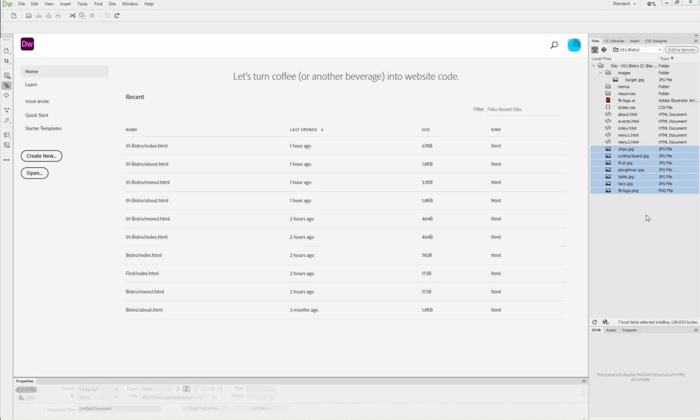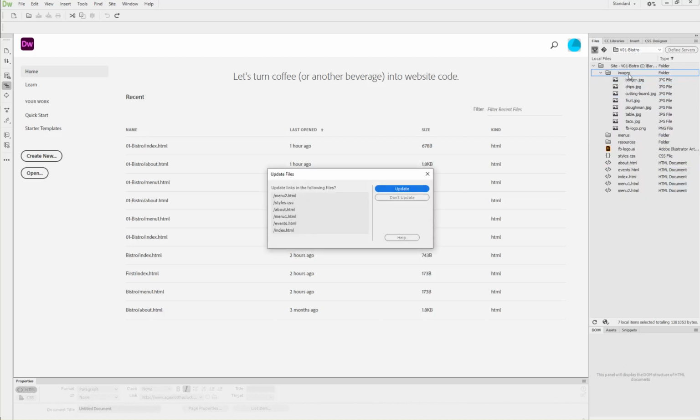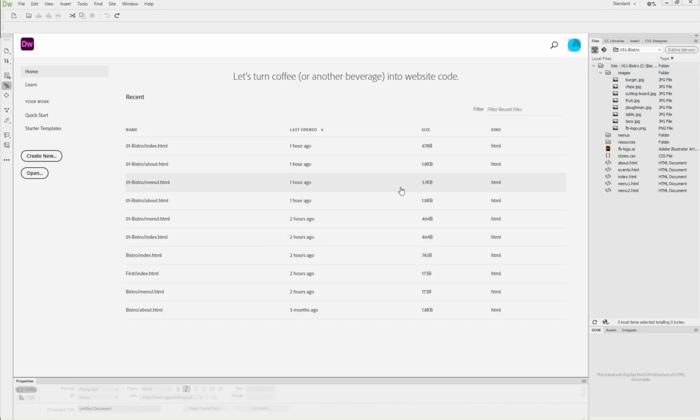Now, unlike File Explorer, where you can right click and choose Move To, here we can just click and drag. So we're going to click and drag it, and boom. Again, make sure that you choose Update Everything. That will take care of that. So we've kind of taken care of everything all in one. We have 3, we've done 4. So if you want to get back to sorting